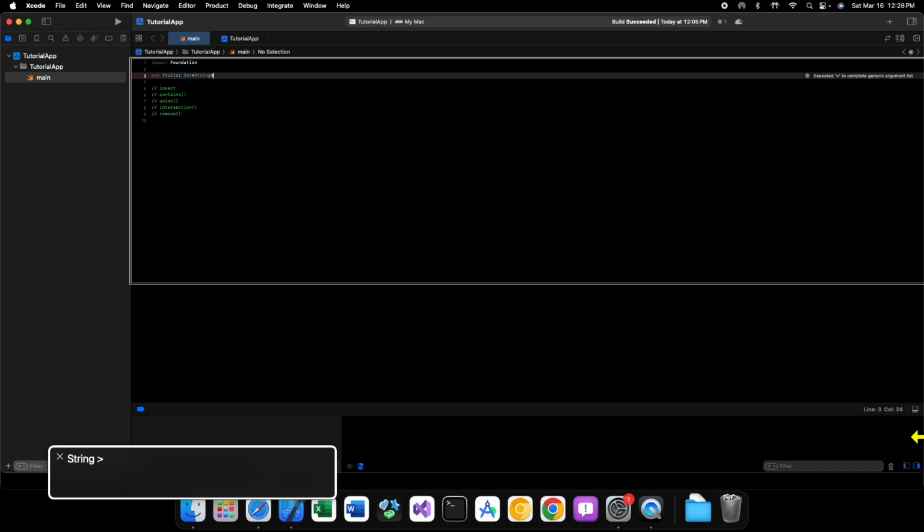Okay. Now, because this is what we call a generic collection, it requires that you have the type you want to store in your set in between opening and closing angle brackets. Okay, equals